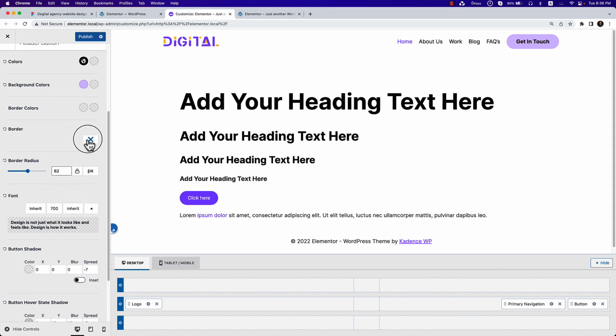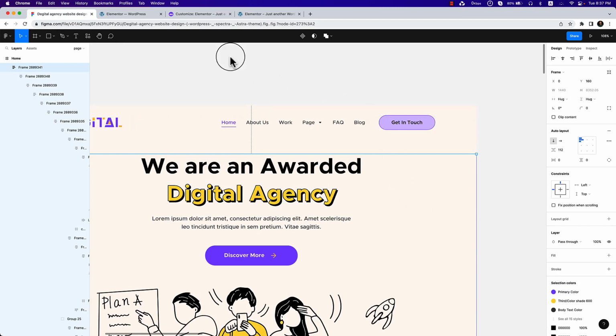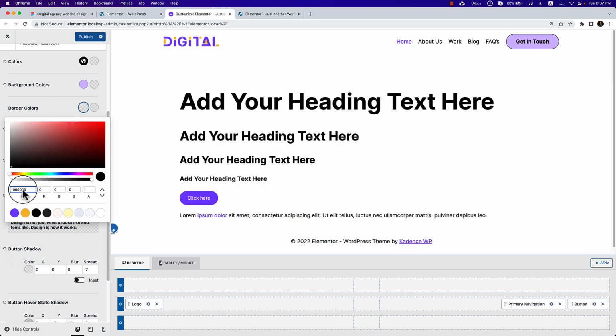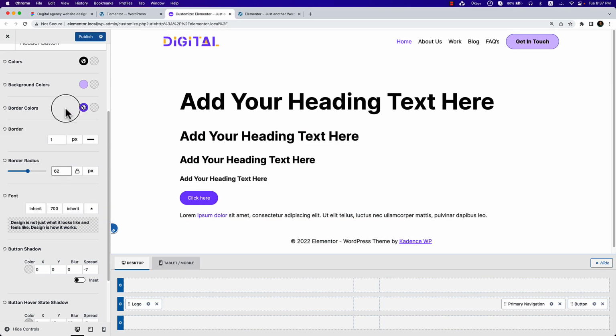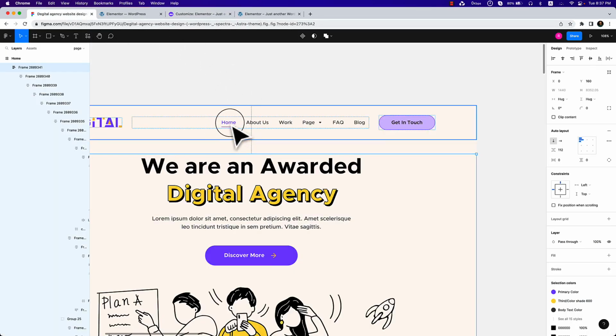And add a border, 1 pixel, not 12. And let's compare with our design. The border color should be the brand color. The border color, let's change the border color to this one. So we have completed our header area, and there are a couple of little adjustments, which is the underline under